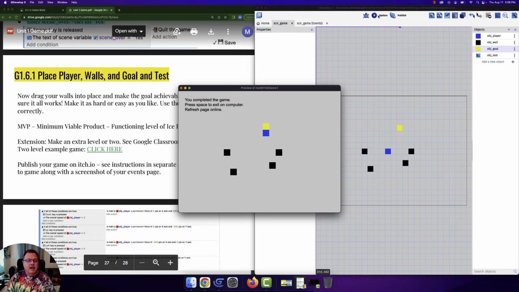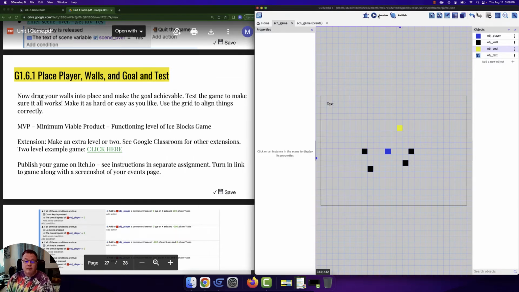You completed the game. Press space to exit on the computer. Once it's online, which we'll do here in a second, I'm going to change this to we're just going to publish these in GDevelop on the game. You'll use itch.io on the extensions on the game enhancements page here. All right, so one more time, click save,